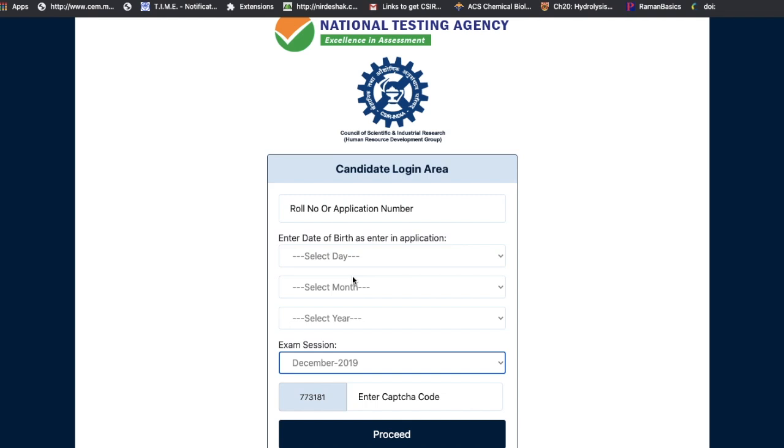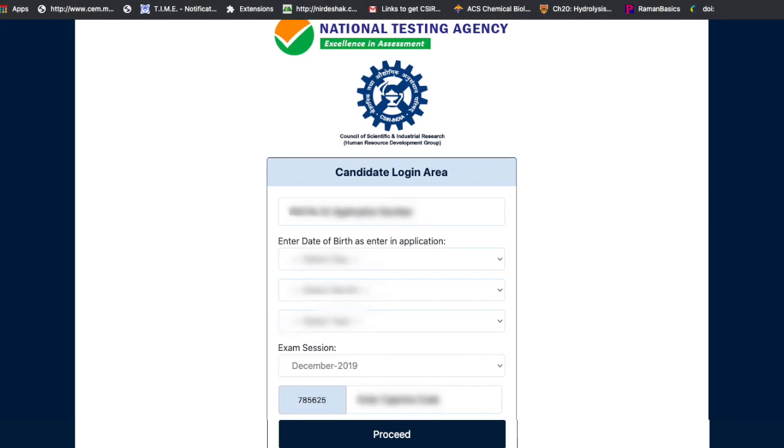Now one thing which is there, that let's say you have forgotten your application number or you have forgotten your roll number, you have missed your admit card. So how to get your application number? So it's very simple. You have to just go to the registered email ID on the CSIR. Like while filling the form, you have entered an email ID, right? So on that email ID, you will be getting a mail. Like you might have got a mail from CSIR. In that, application number would have been mentioned. So you don't have to worry about that.